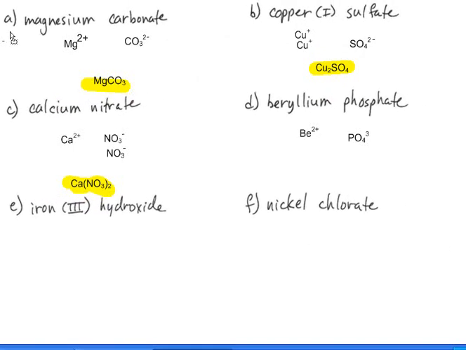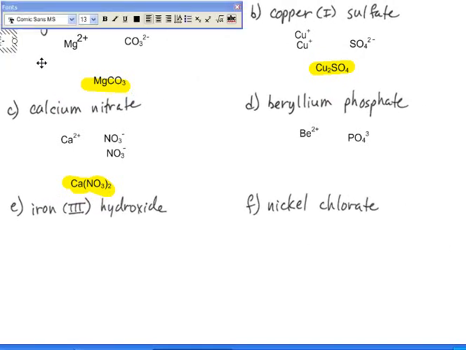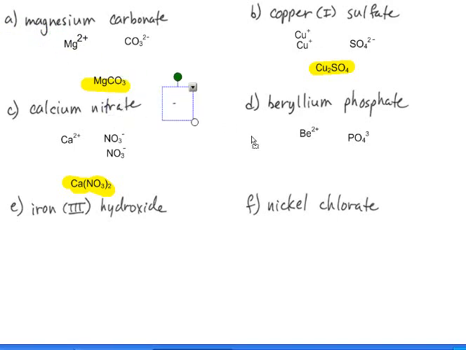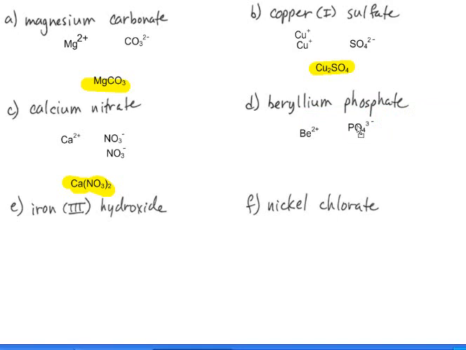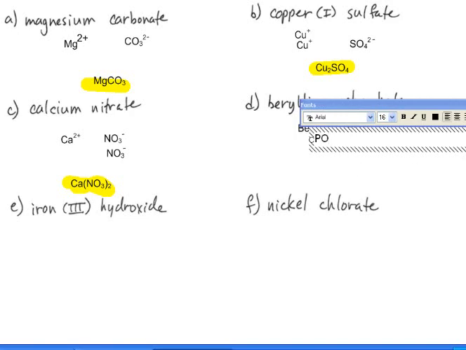Oops, I ended up moving everything again. Here, let's grab that, so I can grab that negative without making everything go crazy here. So this is one of the cases, we did a case like this in the ionic compounds one, and it seems kind of difficult. 2 positive, 3 negatives, how are you ever going to make that balance out? And if you're a math person, think of the lowest common multiple. What's the lowest number that 2 and 3 both go into? 6. So to make 6 negatives, I would need just one more